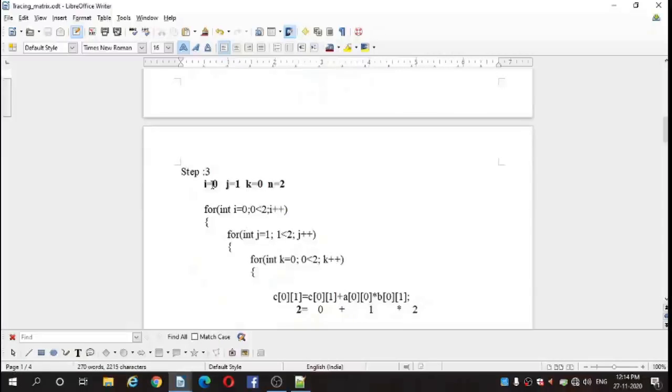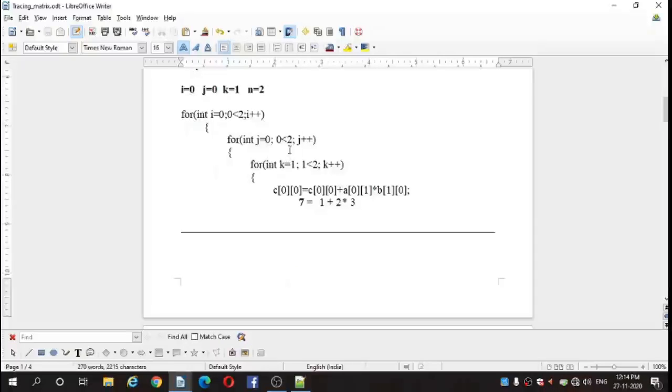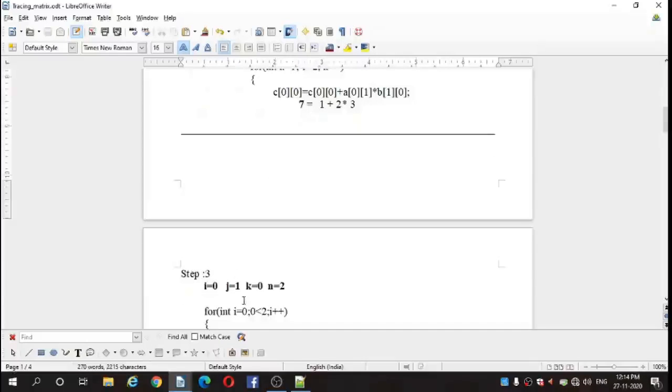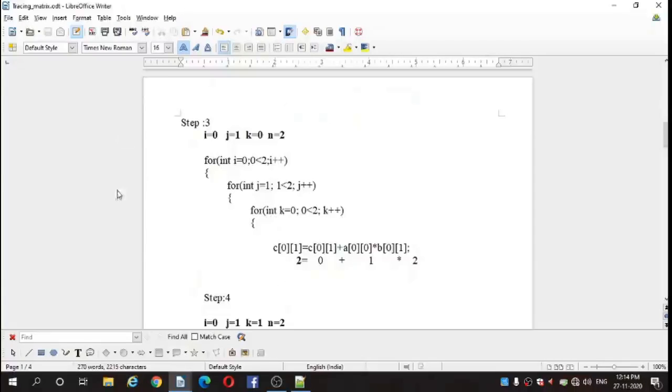That is i equal to 0, j equal to 1. We have incremented the j value by 1. So k is reset to 0, n equal to 2. Then for i equal to 0, 0 is less than 2, it is true. Then go for the inner loop. j equal to 1, 1 is less than 2, it is true. Then go for the inner loop, that is the k for loop. k equal to 0.